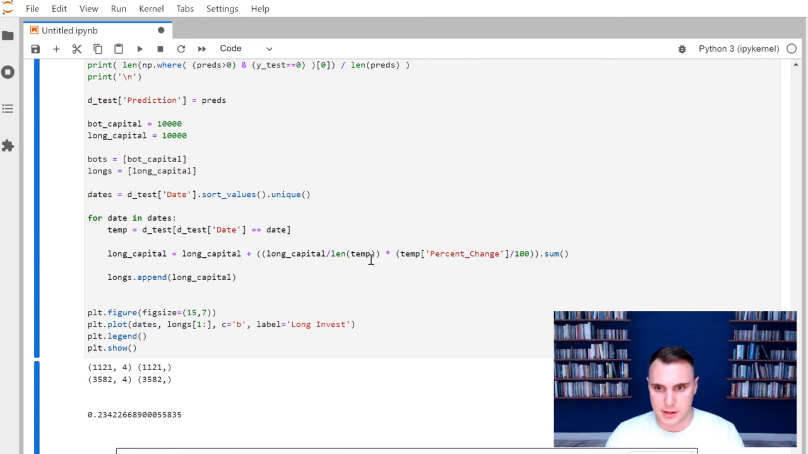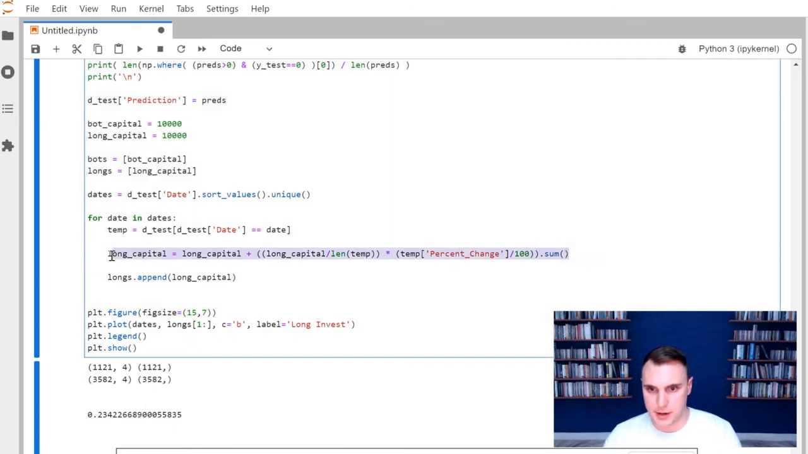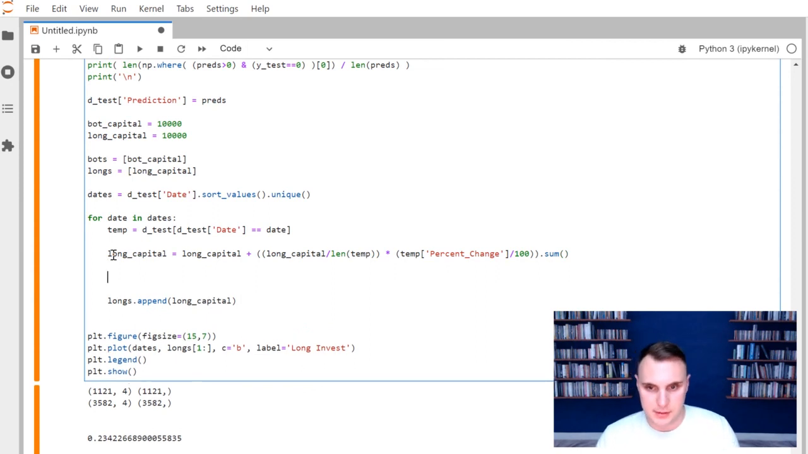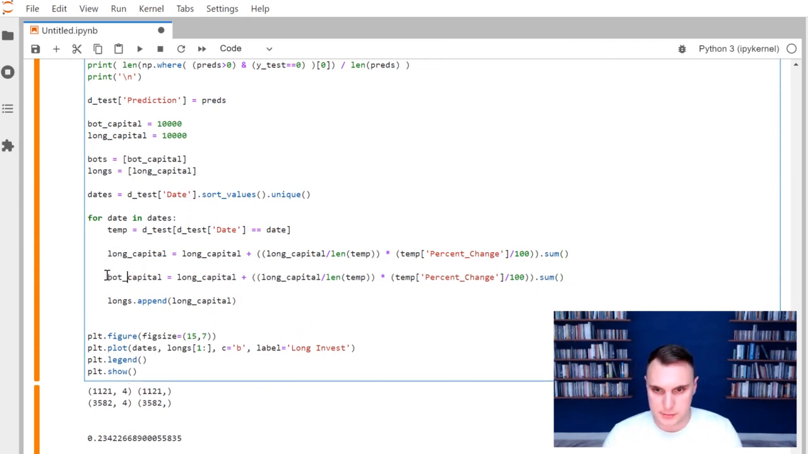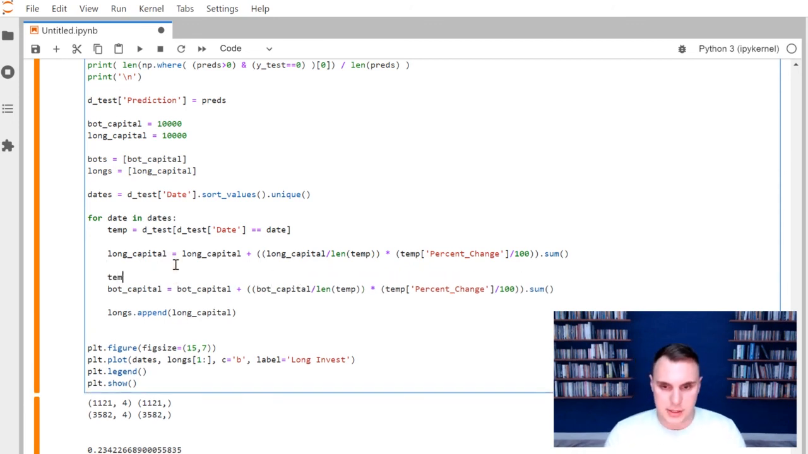But let's go ahead and calculate our bot capital now. So it's going to be pretty much the same thing. I'm going to copy this down here. We're going to change it to bot capital. So everywhere it says long, change it to bot. Okay, but the thing that's going to change is our temp. So temp is going to be equal to temp where the temp at prediction